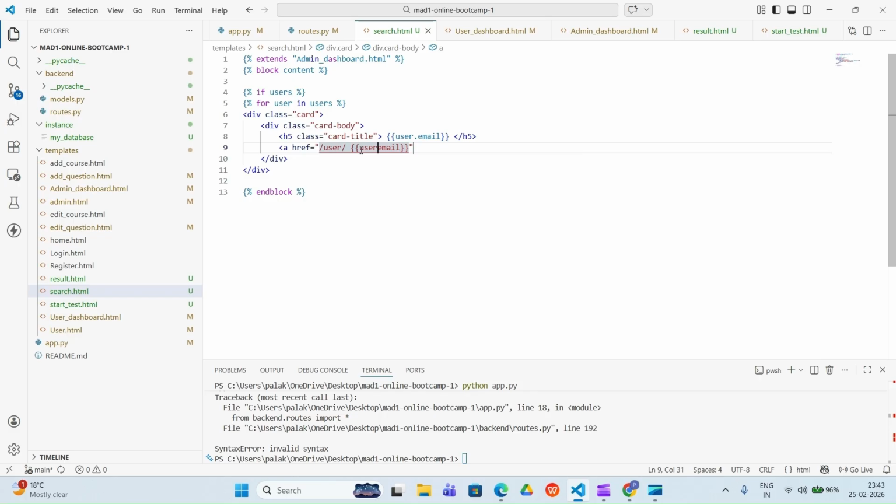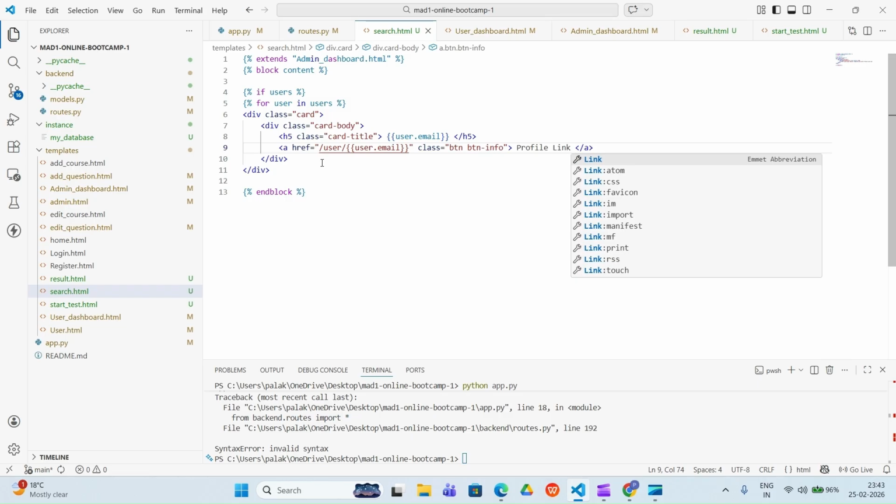Then we can give here class equals to any button class you can give. Let me give here info, because this is an info of someone. And after this you can write here anything, so let me write profile link. So the one button comes with the profile link.